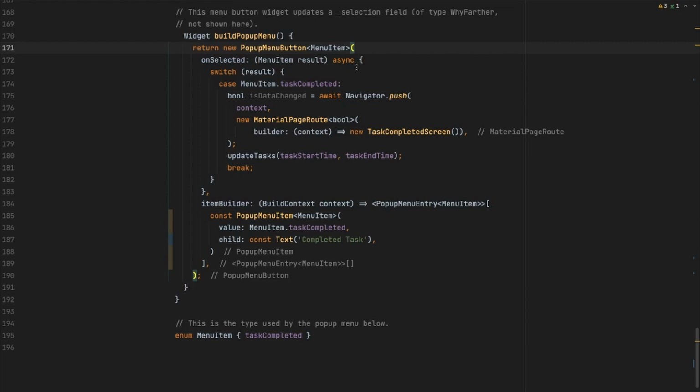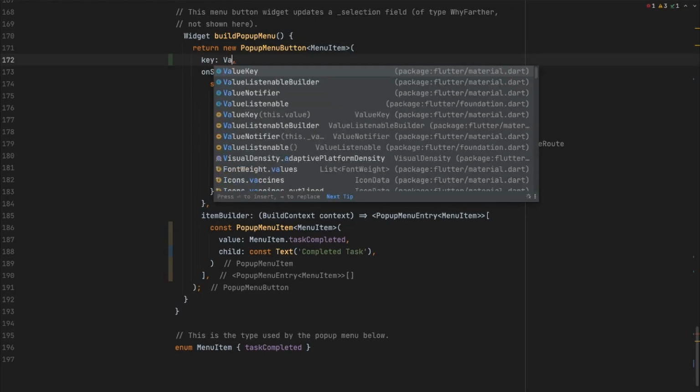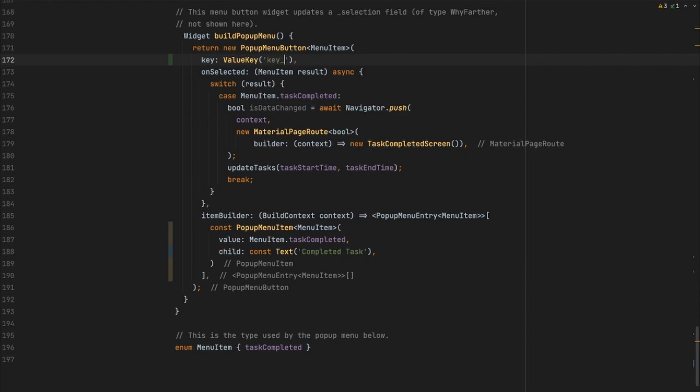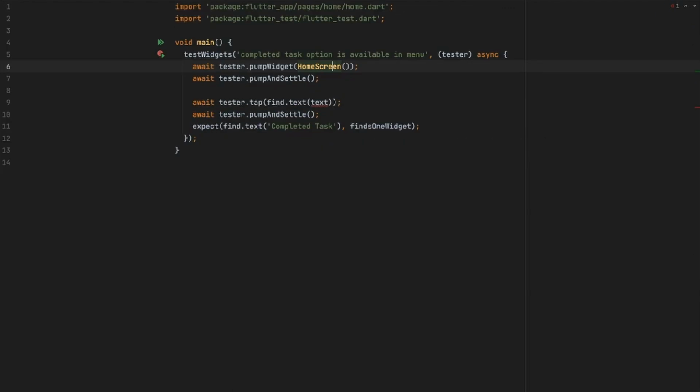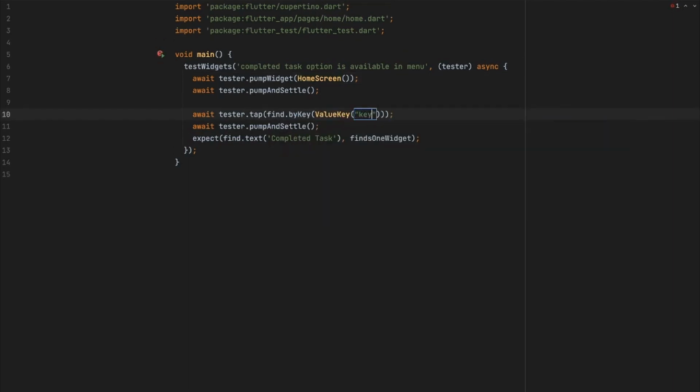So one of the simplest ways would be to add a key to that widget and find that widget in the test. So this is our pop-up menu button, and what we can do is add a key, home option, and then we can find that key here, key home option. Now let's run the test for the first time,